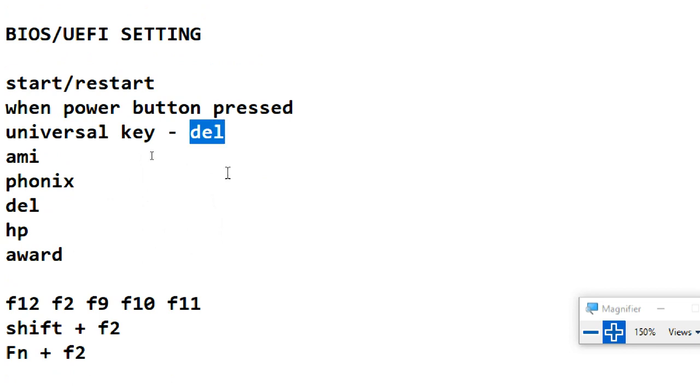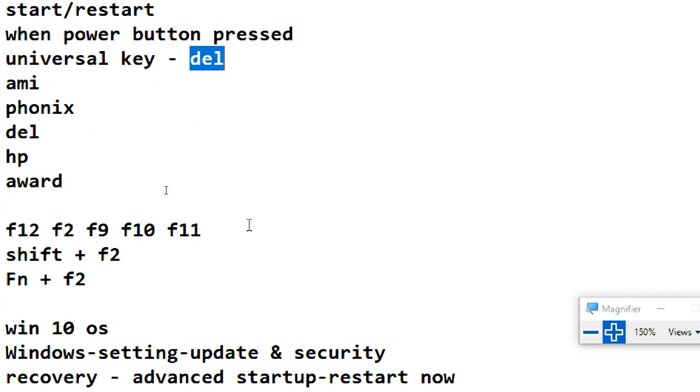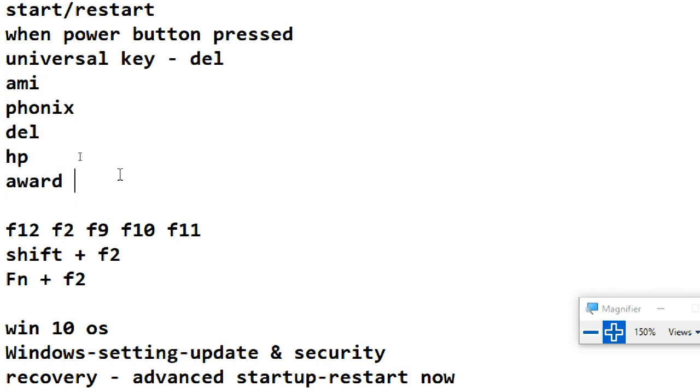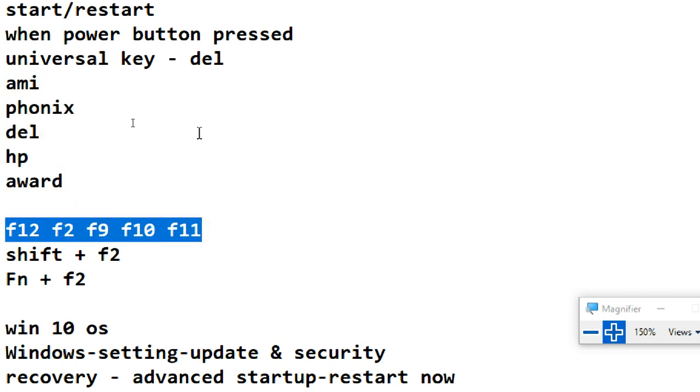Like Del is a universal key that works on most systems, but based on your BIOS manufacturer, like AMI BIOS, Phoenix BIOS, Dell, HP, Lenovo, Acer, Asus, Vivo, there are different kinds of companies, different laptop manufacturers, or BIOS or motherboard manufacturers like MSI, Gigabyte, Intel. Depending on that, your BIOS key may change.